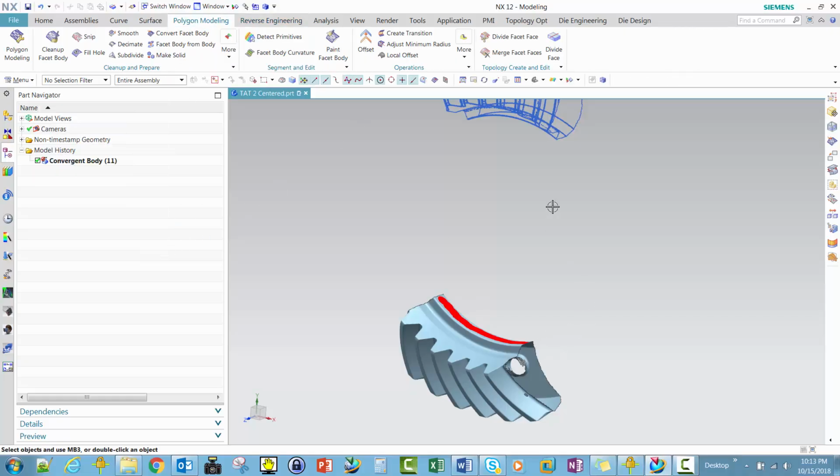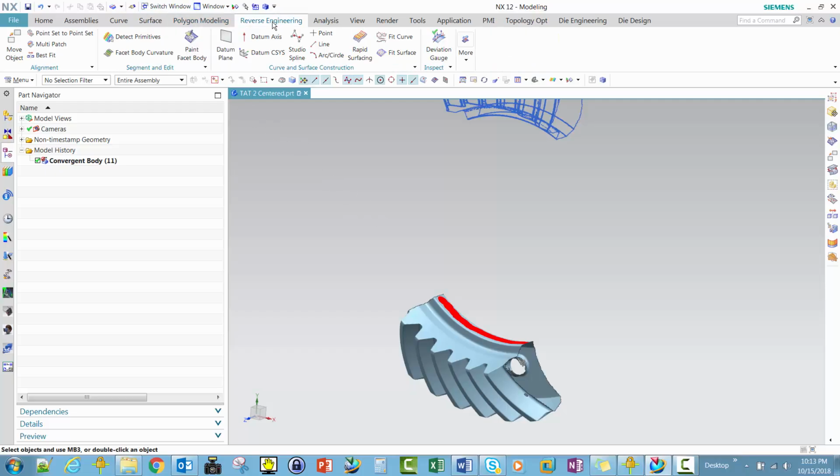Okay, once I have that face painted, then I can go into reverse engineering, and I could select the